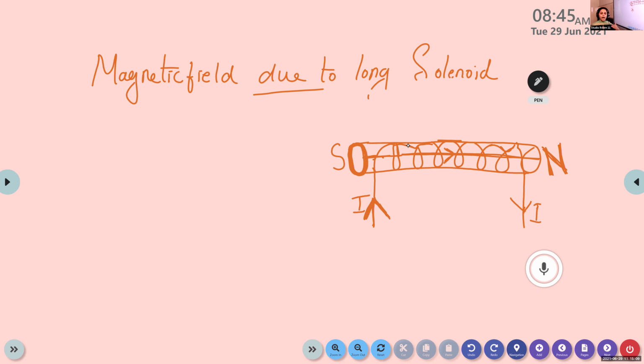In order to apply the Ampere circuital law, we need a closed loop or closed surface, which we call an amperian loop. And here we take the amperian loop